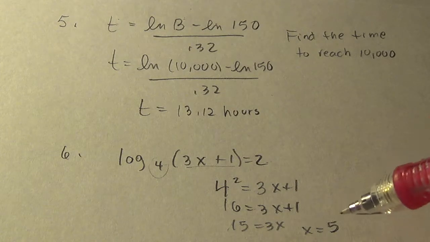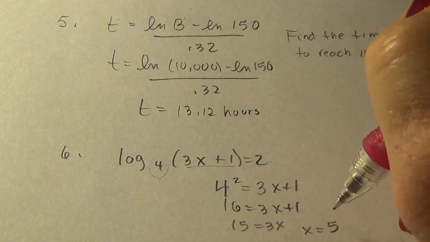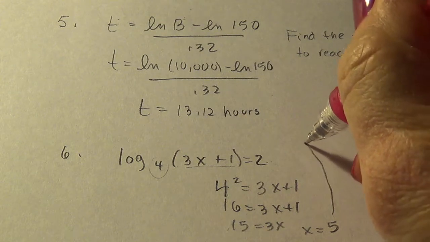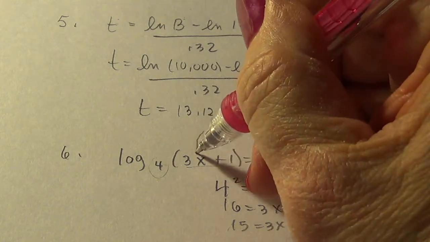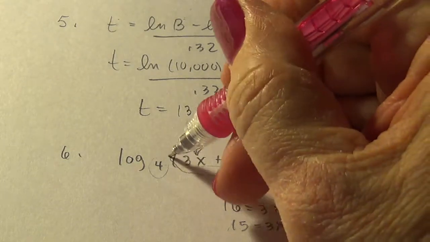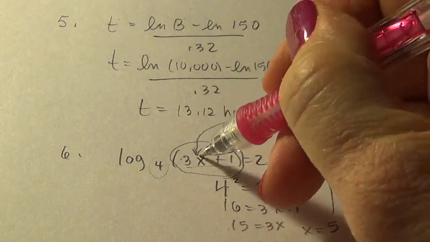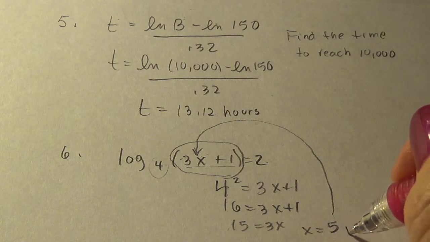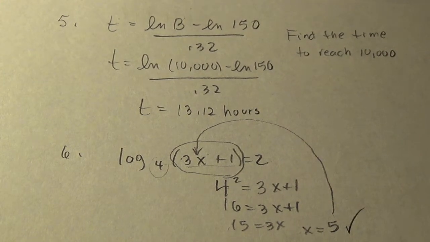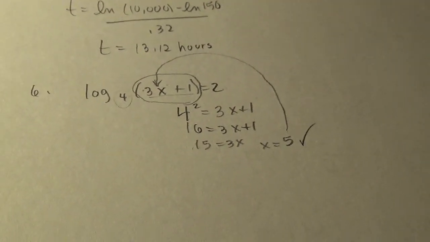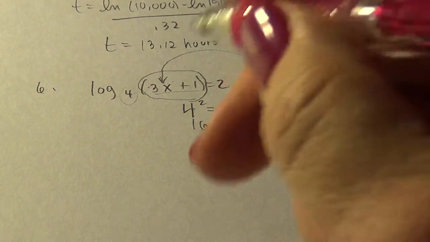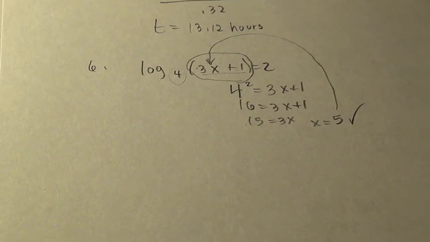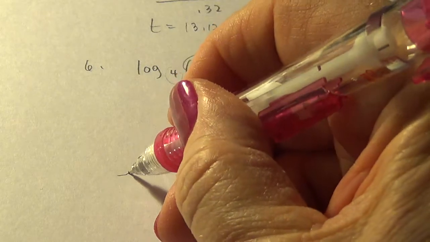We always have to check and see if that creates an argument that is 0 or negative. So we don't have to check at the whole equation, but just the argument. That's this part. So 3 times 5 is 15 plus 1 is 16. That is a positive number, and we have checked that our answer is legit. All right. Let's leave logs. That's a little review on logarithms, and let's look at some